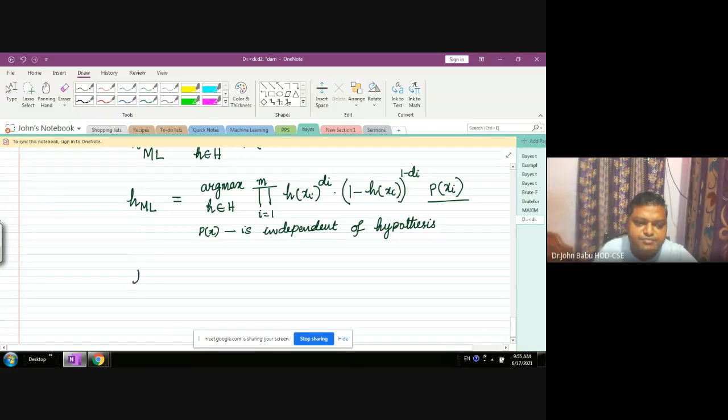The maximum likelihood hypothesis is given by the maximum value of